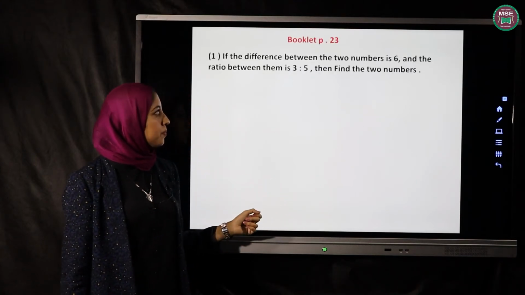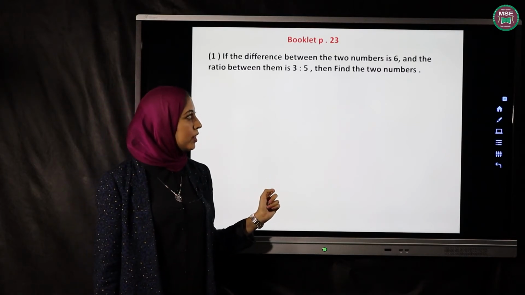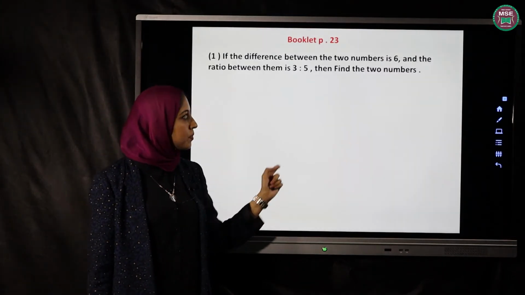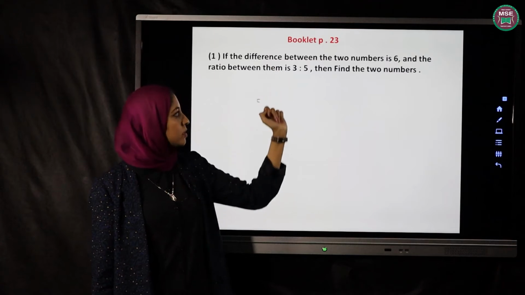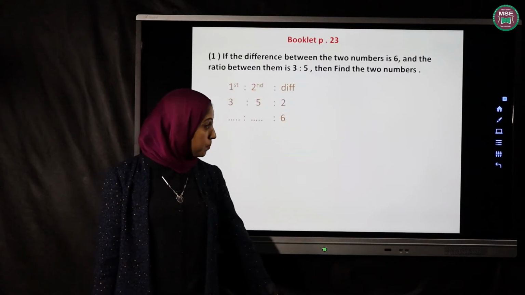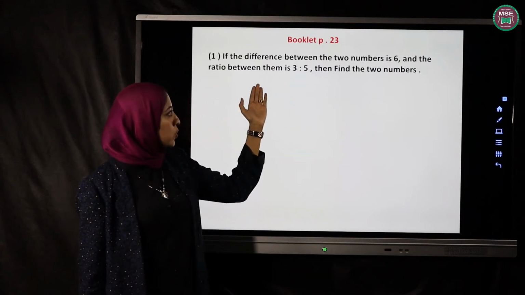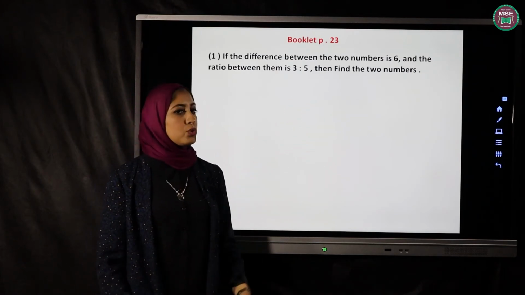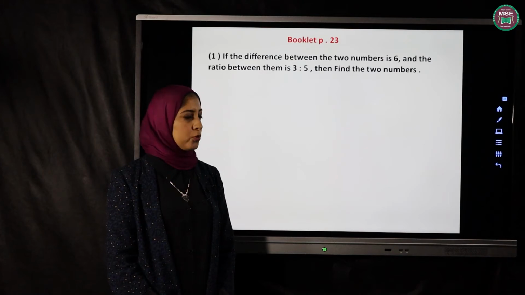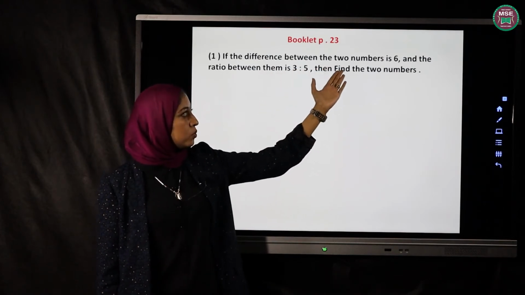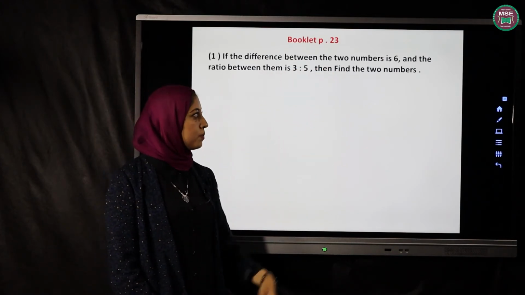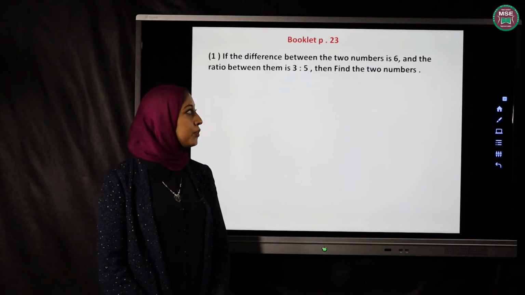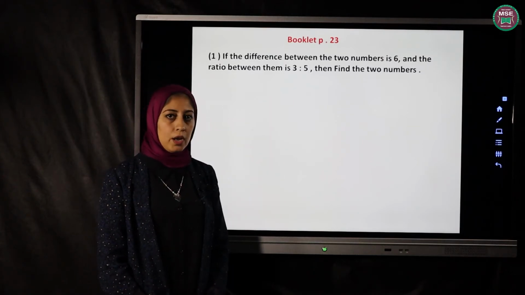Let's see this question. If the difference between the two numbers is 6, look carefully at the word difference. And the ratio between them is 3 to 5. Then find these two numbers. Here I have another type of question. The difference between two numbers is 6, it's a real number. And the ratio between them is 3 to 5. So here I have in my answer